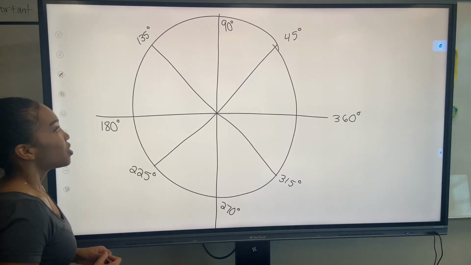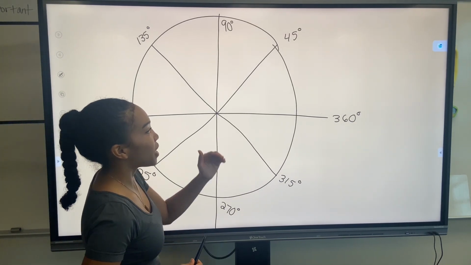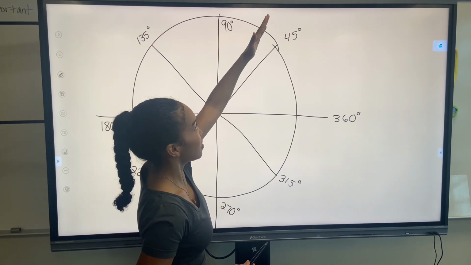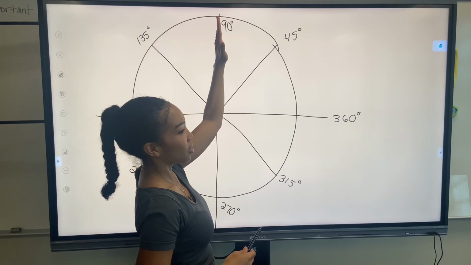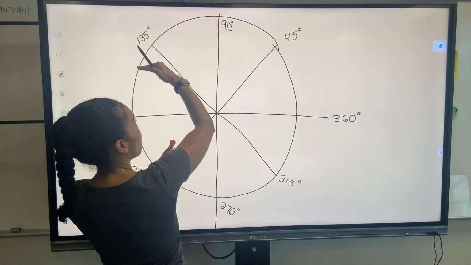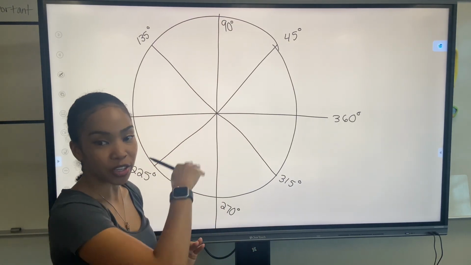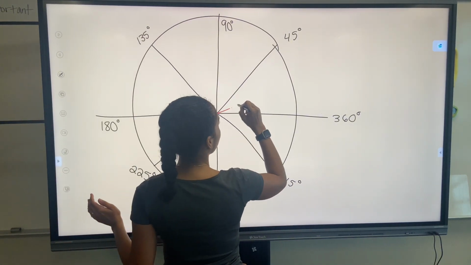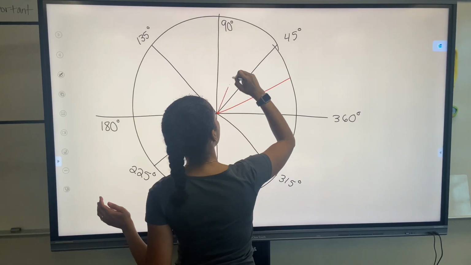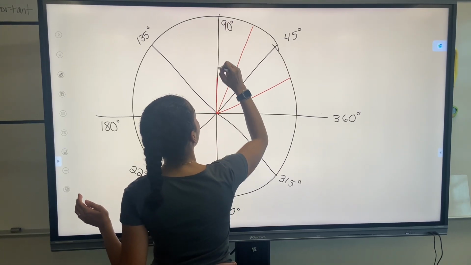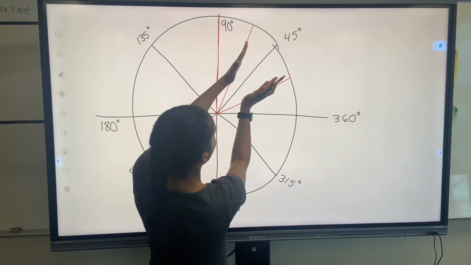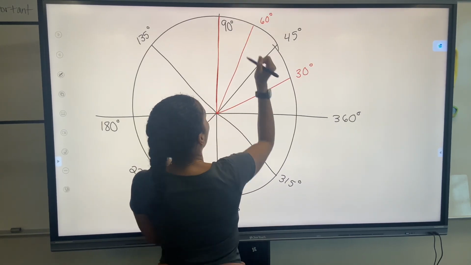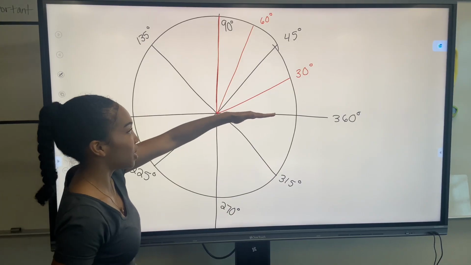All right, so now we're gonna go through and split everything into 30-degree increments. So it'll be 30, 60, 90, and then another 30, 30, 30. We're gonna do 30-degree increments, okay? So I'll do that in a different color. Right here is 30 degrees, and right here is 60 degrees. Then right here is the 90 degrees. I'm doing 30-degree sections. So 30, 60, and my picture is not really accurate, but I'm doing equal sections of